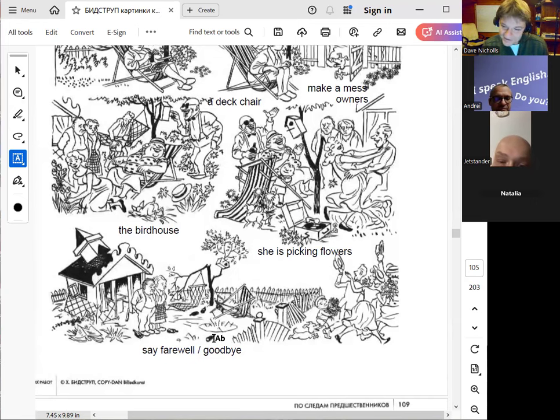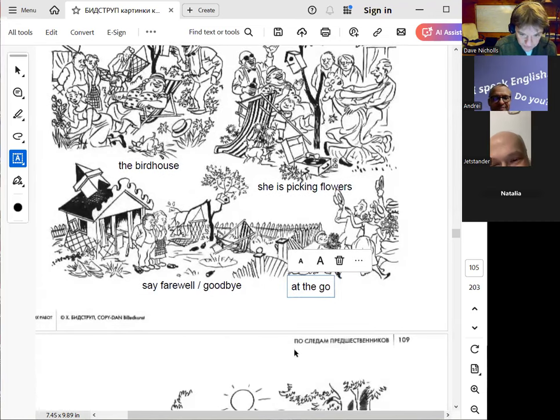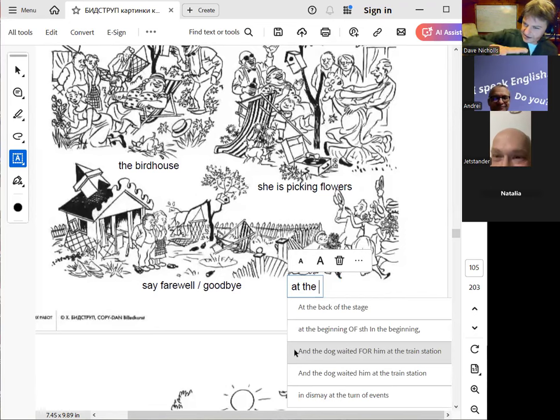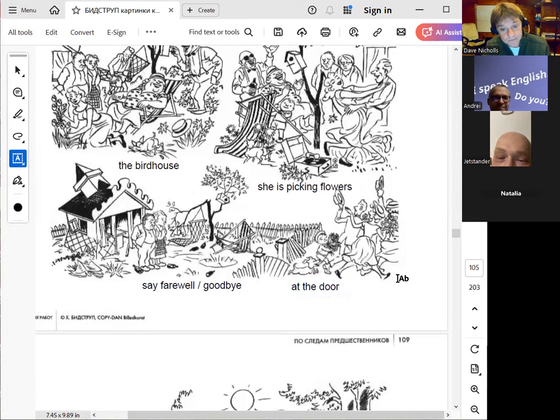Also the hammock, and the two owners really sad at the door of the house, looking sadly at the door of the house. They're standing at the door, looking sadly at what